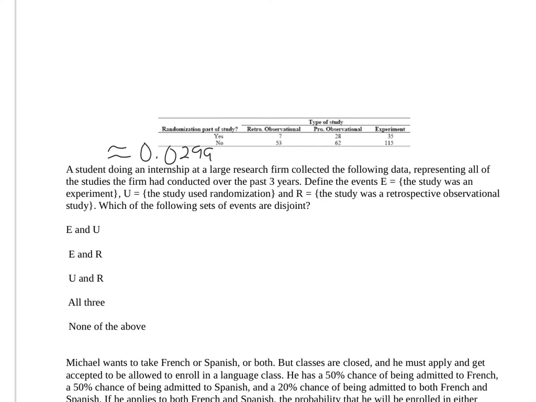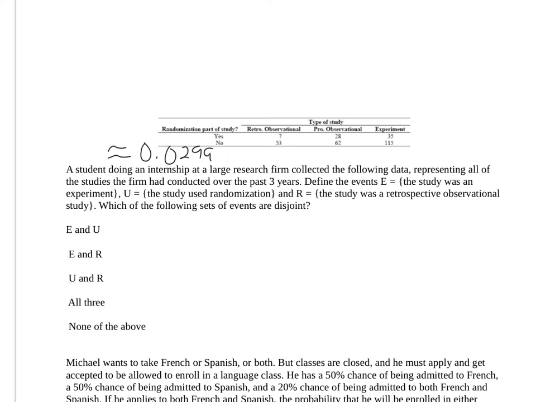A student doing an internship at a large research firm collected the following data, representing all the studies the firm had conducted over the past 3 years. To find the events E, the study was an experiment, U, the study used randomization, and R, the study was a retrospective observational study. Which of the following sets of events are disjoint? So if you read the